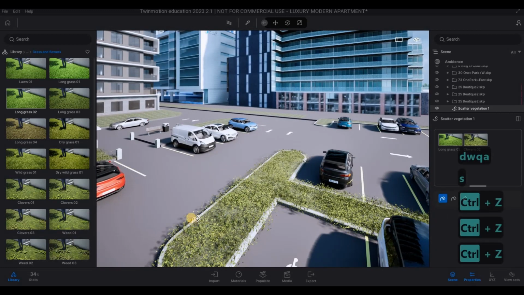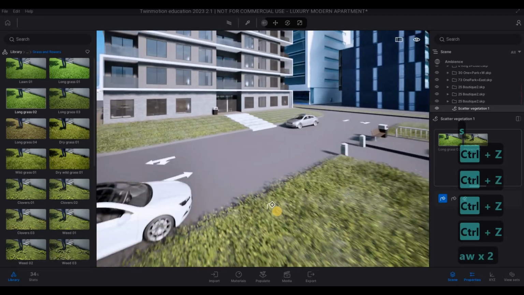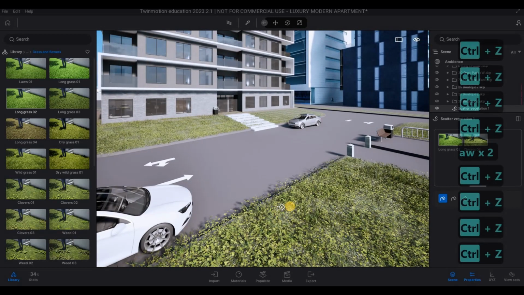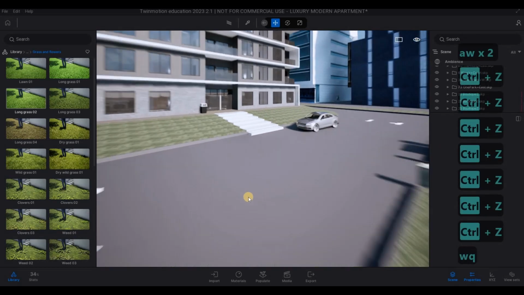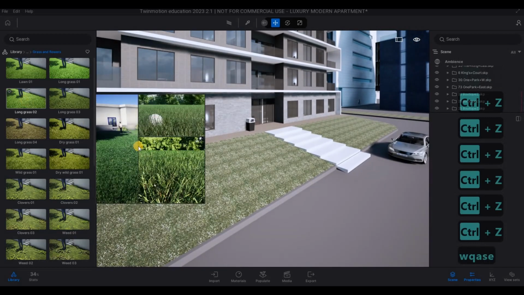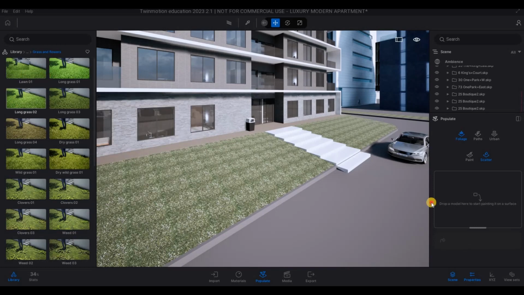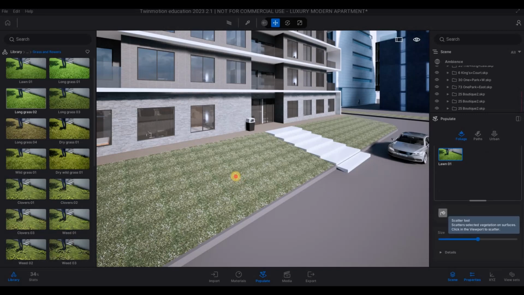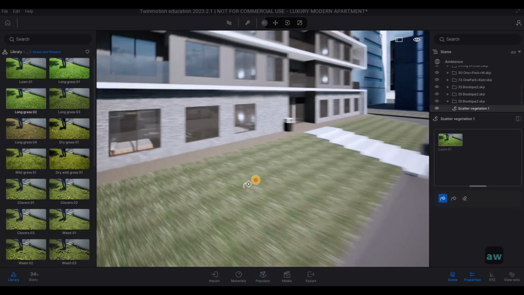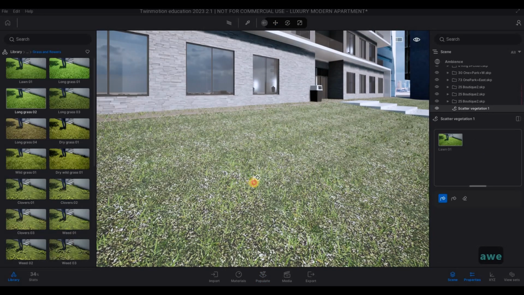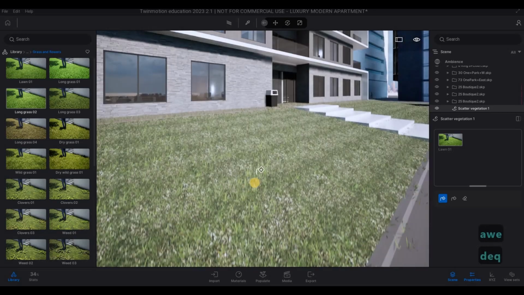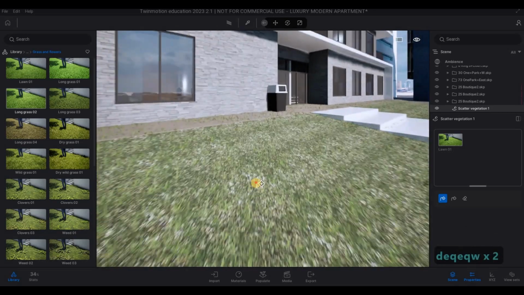So maybe I'm gonna undo this. Instead, what I'm gonna do is I'm just gonna do a long grass. I think that's good. That's much better, or a lawn grass. So I'm just going to try it first and see how it looks. So it's very subtle, the grass,